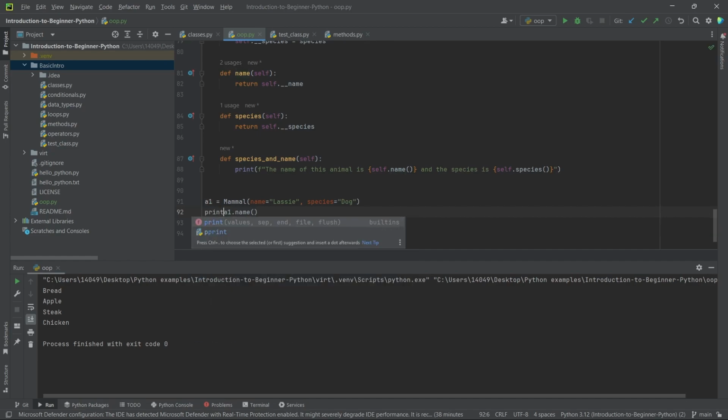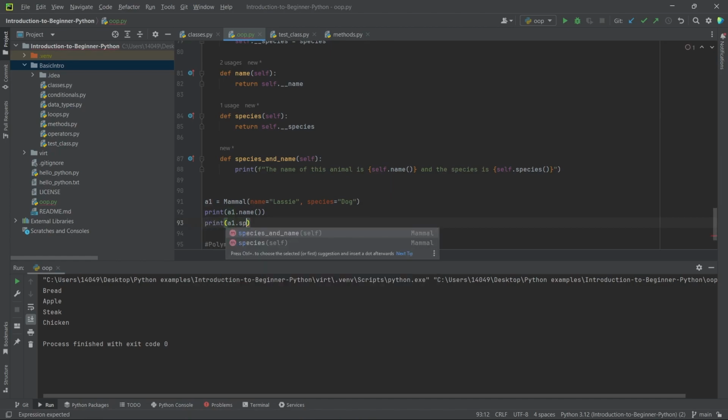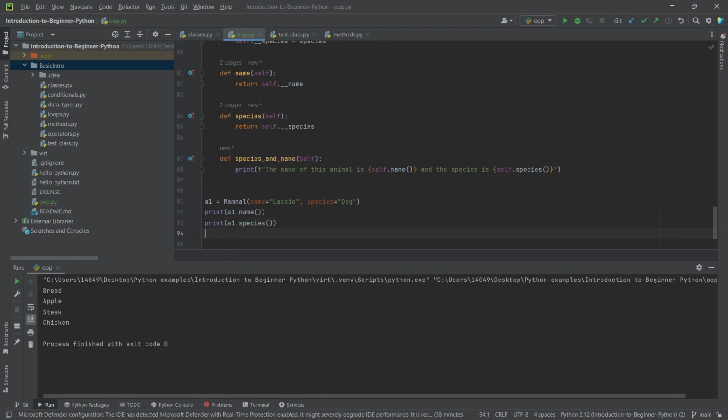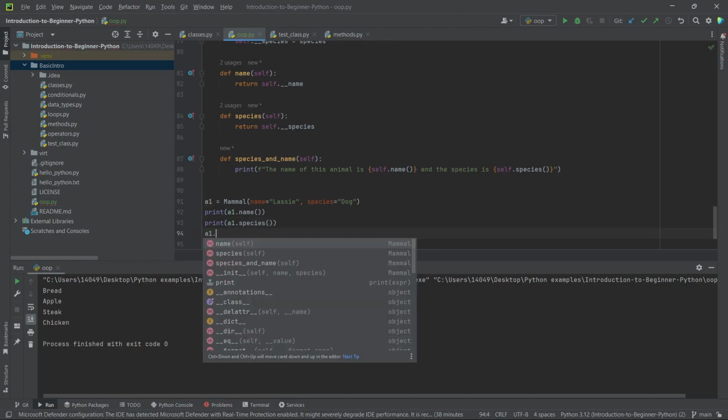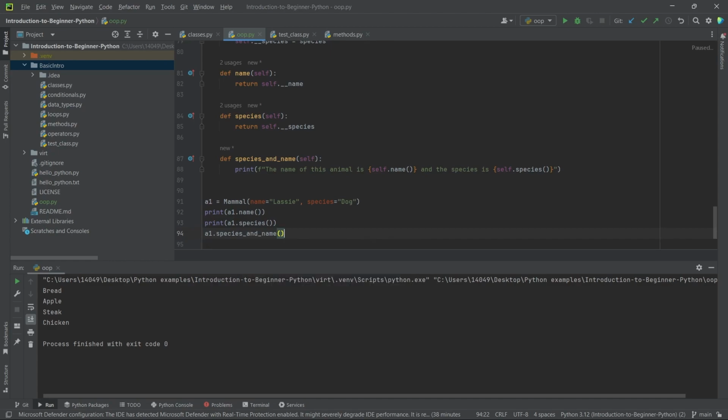So we're going to print name, print a1.species method, and then we're also just going to run a1.species and name. So we're going to run this, and as you can see,